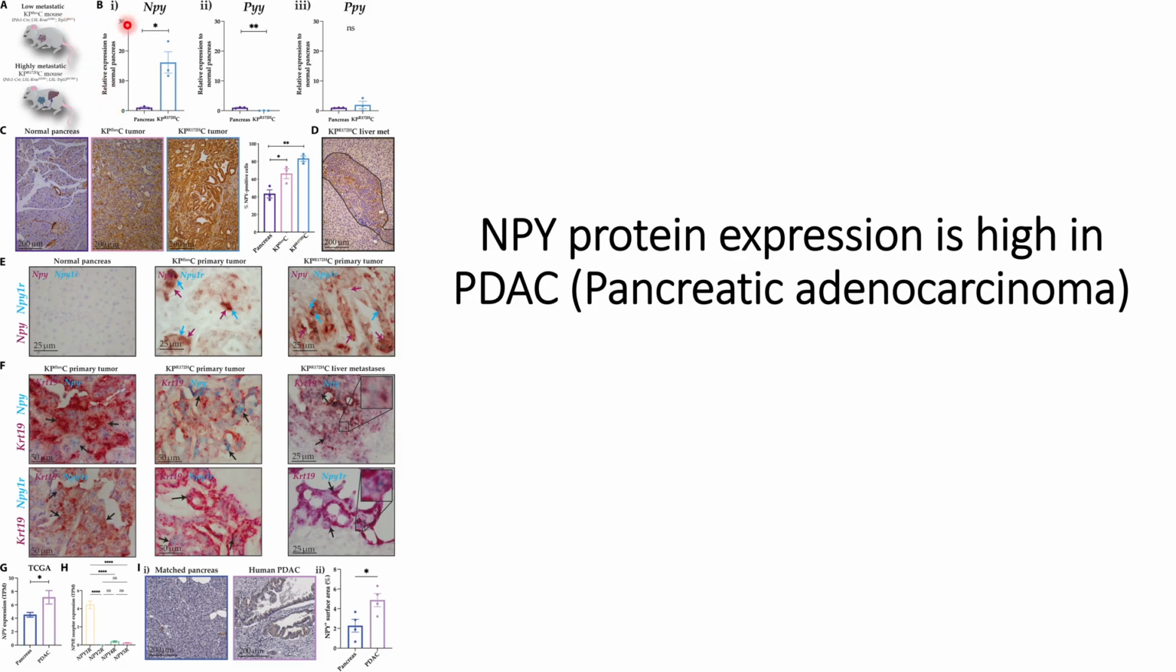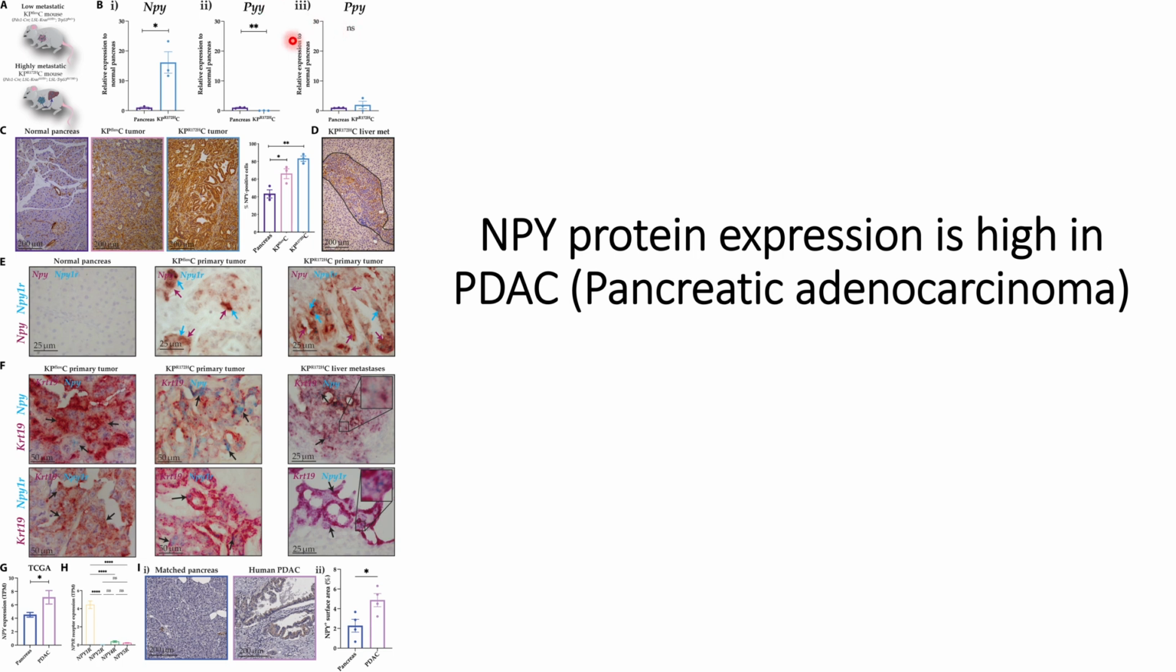And then they checked the NPY protein in these two models, and what they were able to find out, using qPCR and the relative mRNA levels, is that the results in panel B are not about high metastatic and low metastatic. It is about mice with pancreatic cancer and the normal pancreas, and it shows that the mice with pancreatic cancer have high levels of NPY expression compared to the normal pancreas, whereas its sister mRNA levels such as PYY